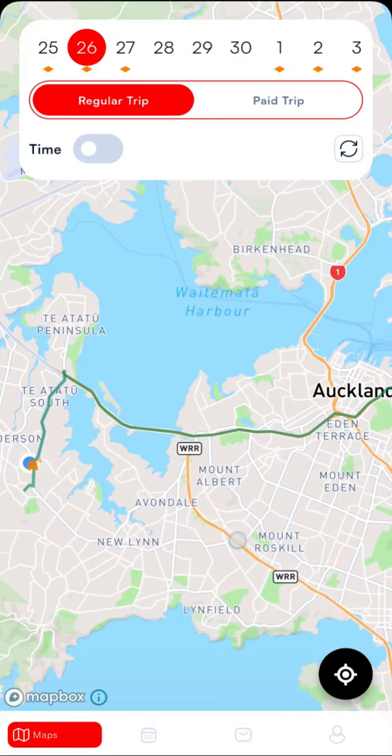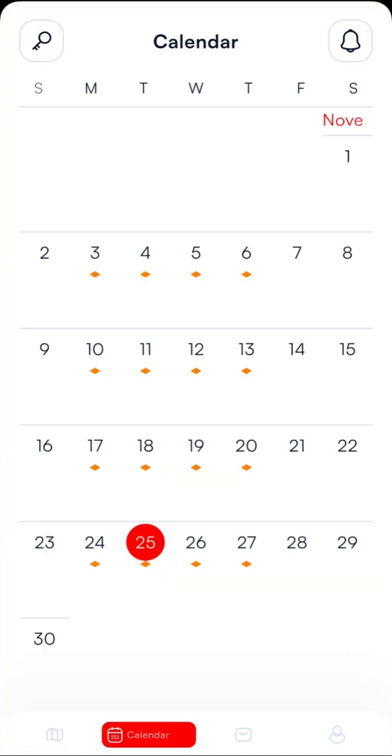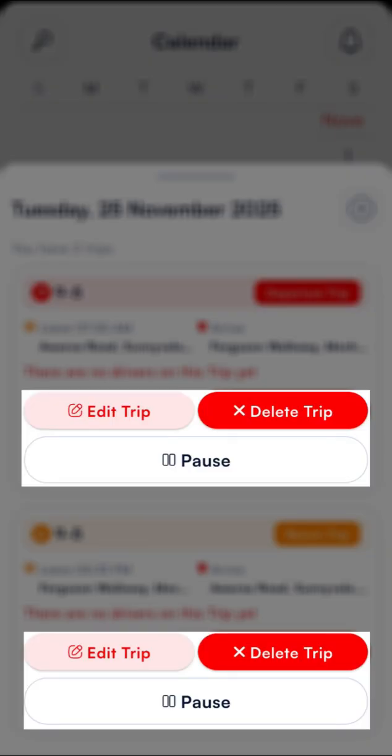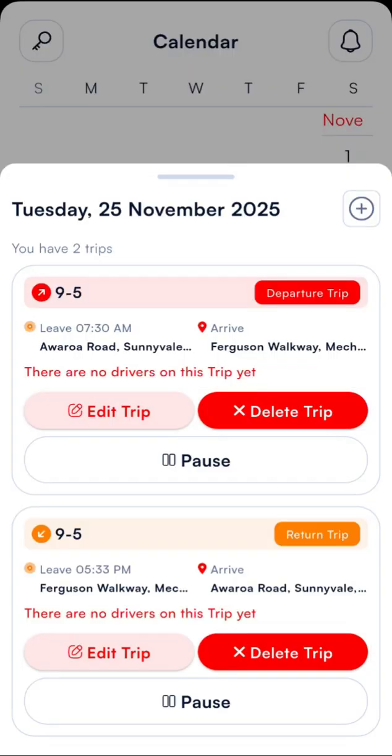We'll just go over to the calendar screen. It's populated with your trips, and you're able to pause and edit trips however you'd like. If you're going away for the weekend or the week, you could pause your trips. The idea is if you're making regular trips into the city and back, you can post trips to repeat in order to find people that share that same commute, and these will continue to repeat as long as you continue